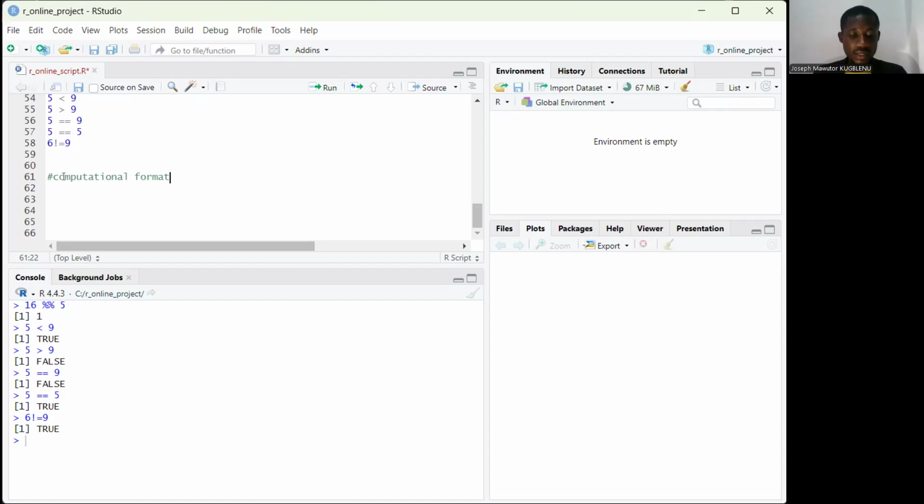By the computational format, it goes by what we call PEMDAS. This is the format for computation. In the case where you have multiple operators, then the rule is PEMDAS, where the P stands for